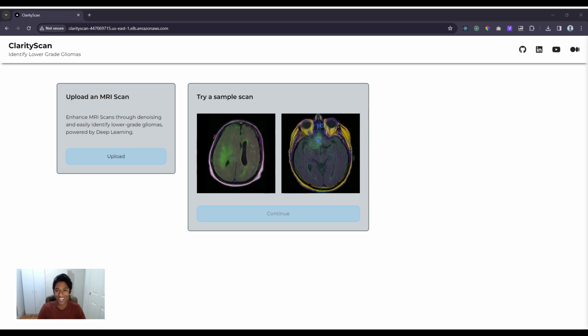Hey everyone! In this video, I'm excited to announce my latest project, which is a tool that enables radiologists to enhance their brain MRI scans and also easily identify brain tumors, specifically lower grade gliomas. In this video, I will be walking you through the project, all of its features, and what you can do